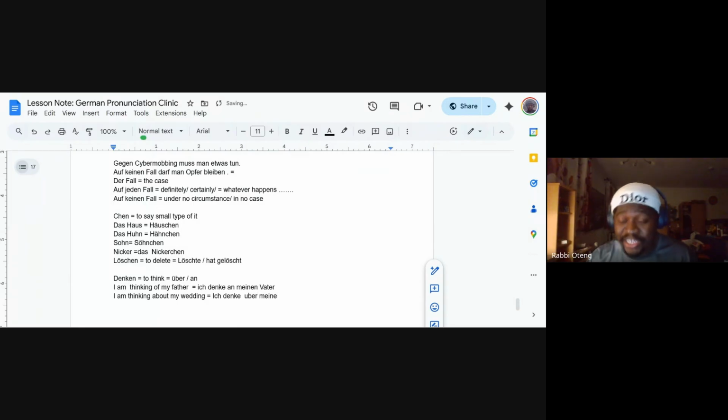But so you're not wrong. People use it in the chat. I'm just saying in German there's a nuance between the usage. If you mix them, no problem, but it's good to know the difference. If in English you have to use about, then use über. If in English you have to use of, I'm thinking of this, then you have to use an. Okay.